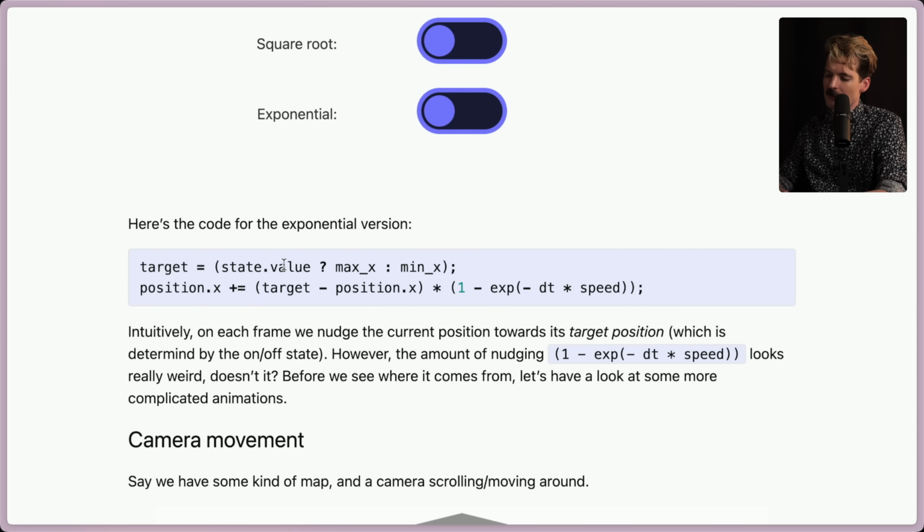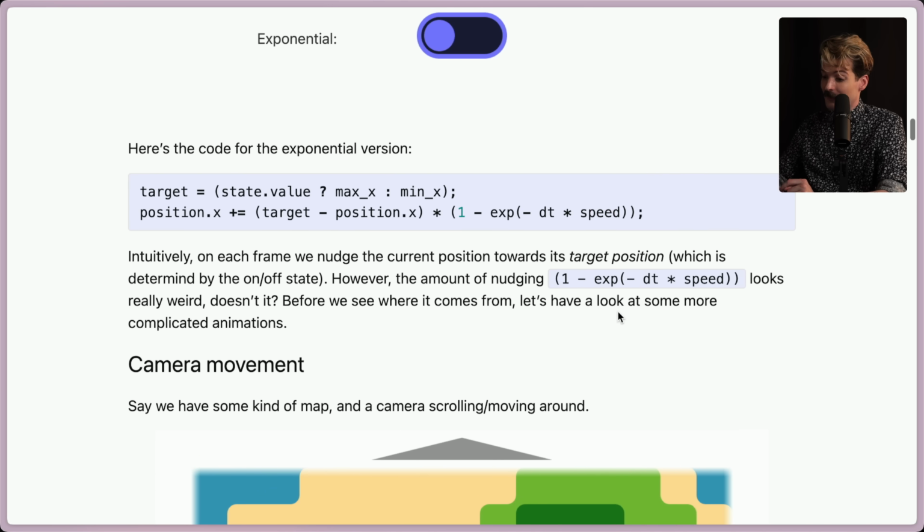Target equals state.value min or max. So this is the target where we want to go, the max or minimum position. And now the x position is going to take target minus position.x times 1 minus exponential of the negative dt, which is the delta time for how much time you have left to change, times the speed. Interesting. Intuitively, on each frame, we nudge the current position towards its target position, which is determined by the